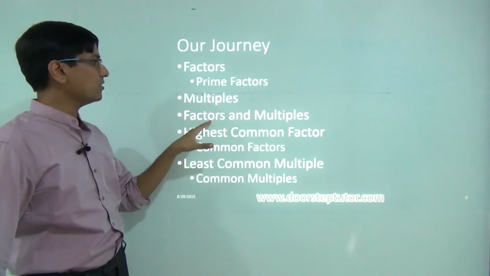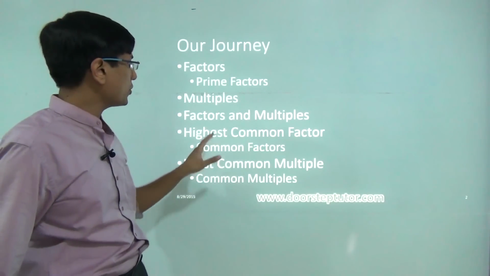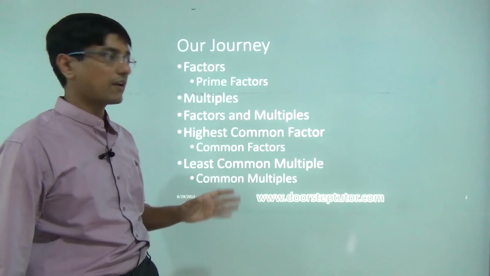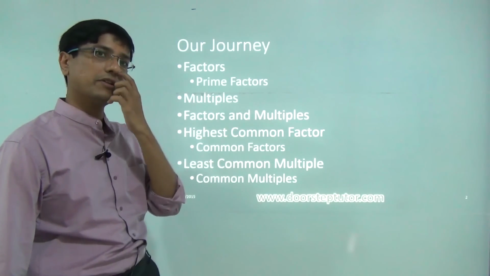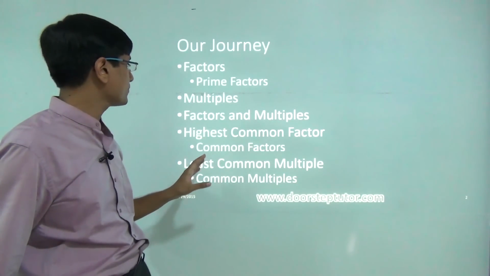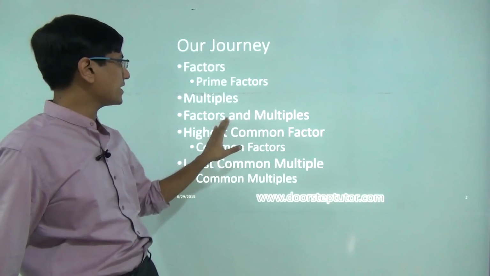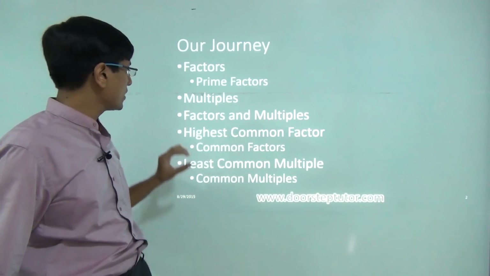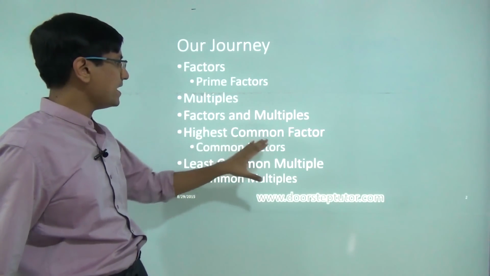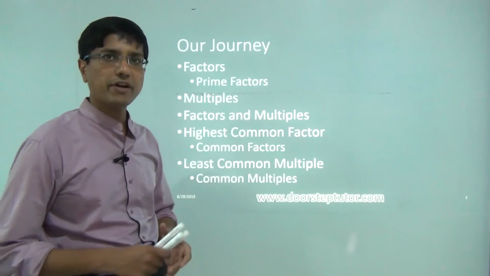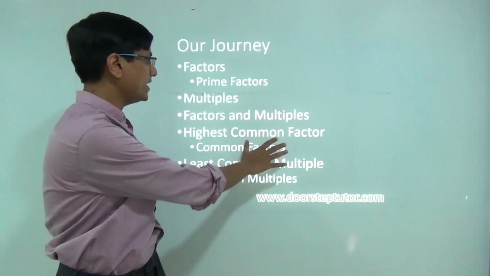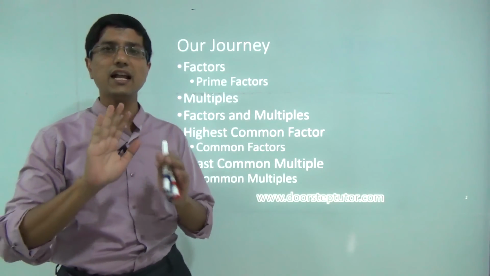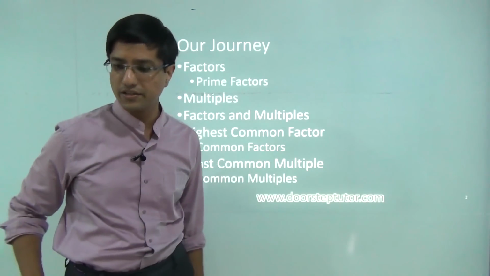The reason is that a lot of students become confused when talking about factors and multiples. They mix these two concepts very easily, and once you mix them, you are completely lost. Then you cannot find LCM and you cannot find HCF. So we'll delve some more into factors and multiples and compare them, so that you get the difference between these two. Then finally we'll go into HCF and LCM and how we can find those. I'll be discussing two techniques each for finding HCF and LCM, and I would like you to move towards the last technique that we will discuss in this class.